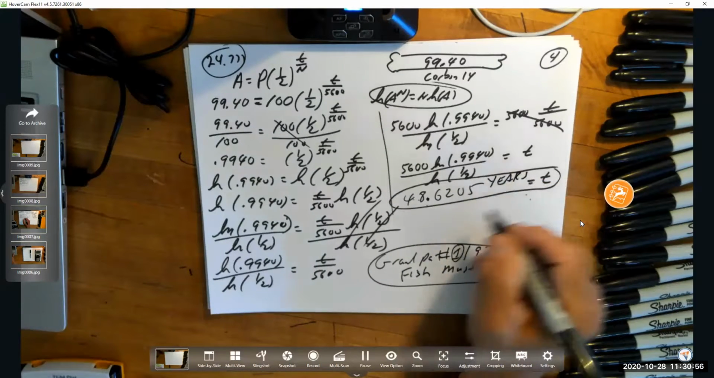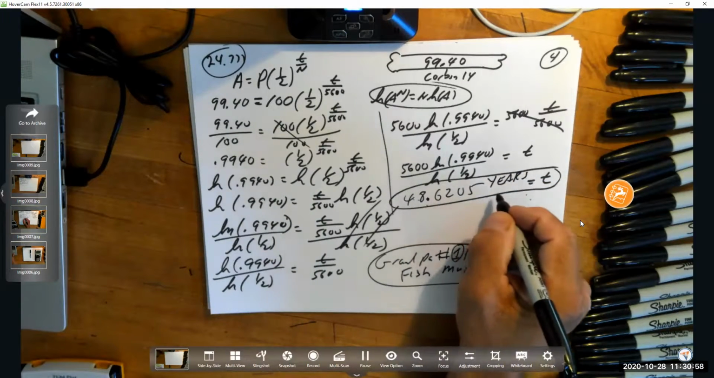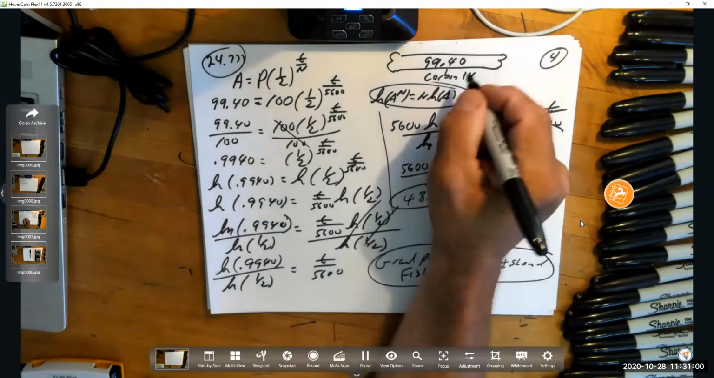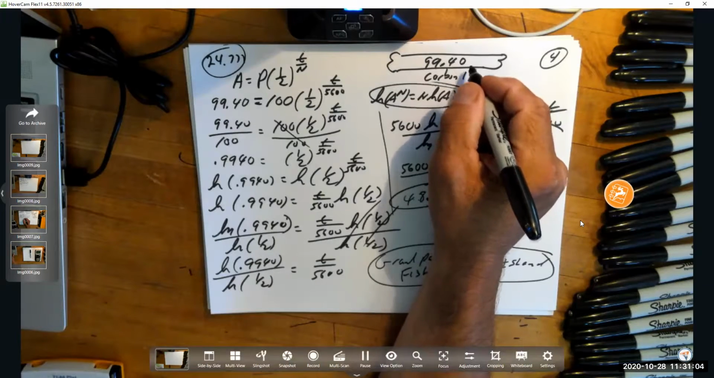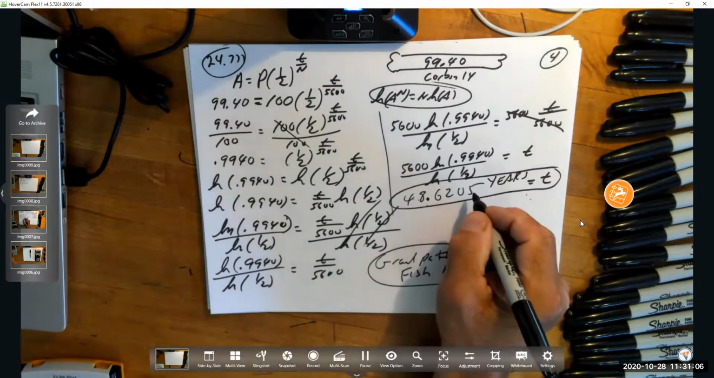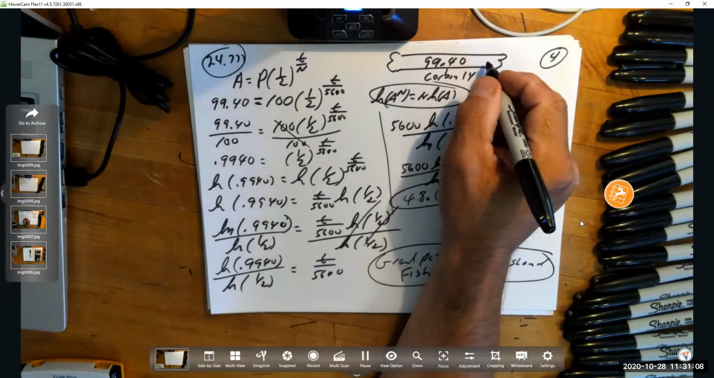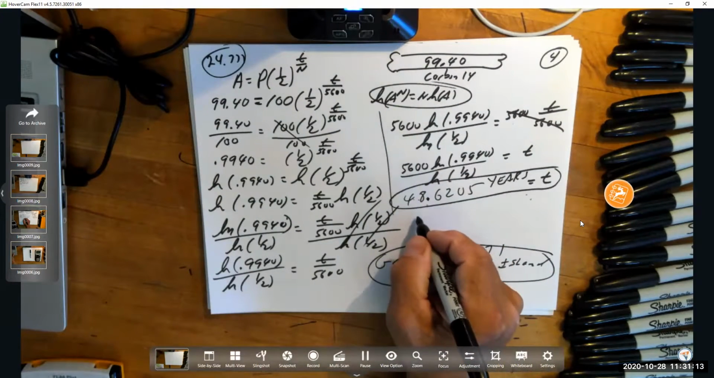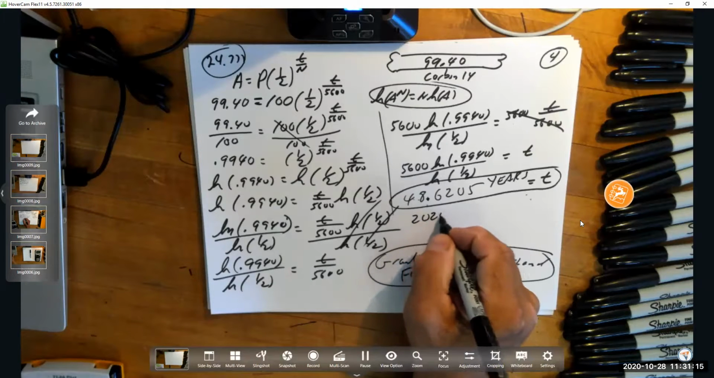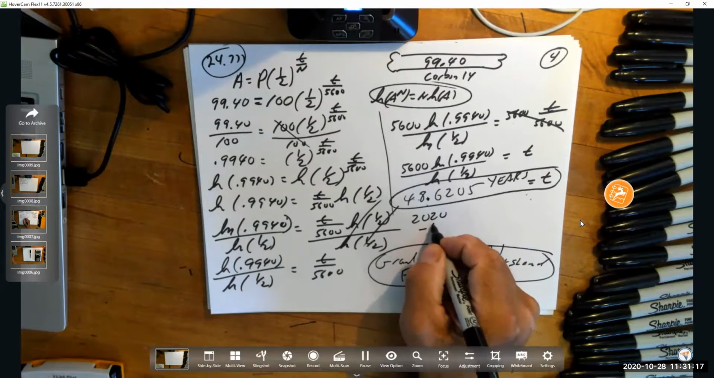So 48.62 years ago, that person died. That's when it died, and it's been 48.62 years since it died. That leg bone right there. Now, let me do this. I want you to subtract this: 2020, which is right now,